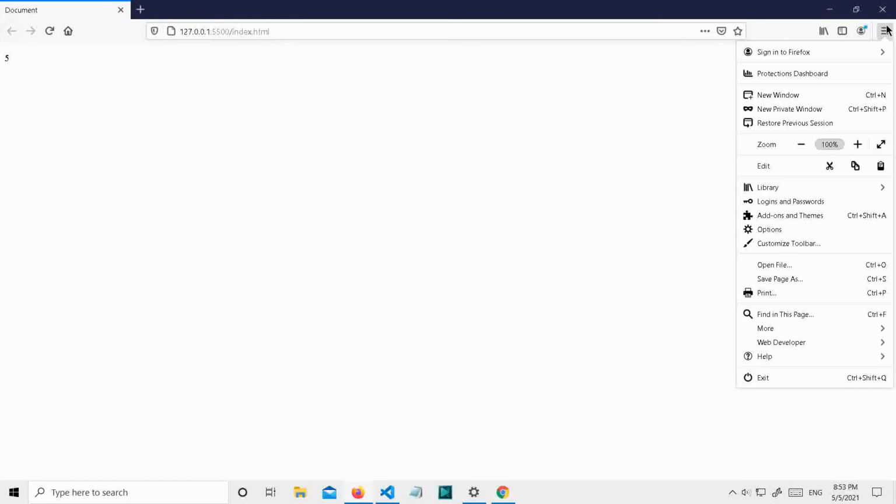Just a minute guys. To increase the size, I will go to the zoom option in Firefox and zoom it to 170%, that will be okay. And here you can see the value that is returned.